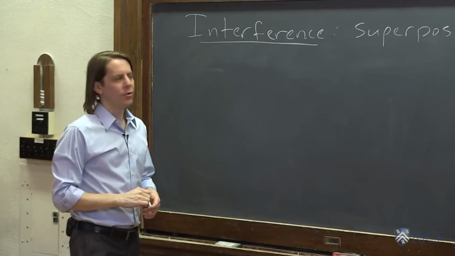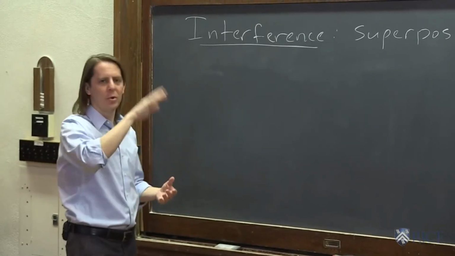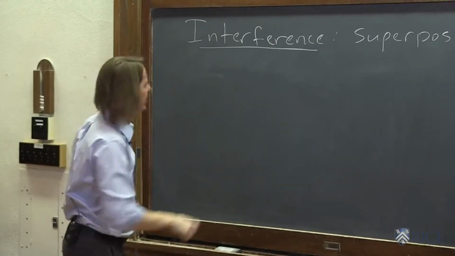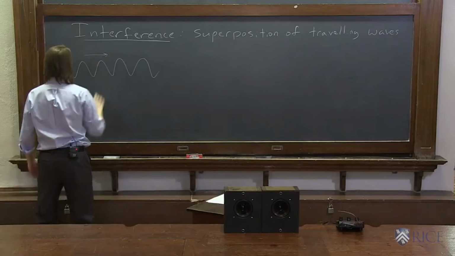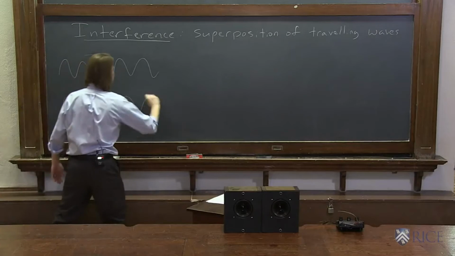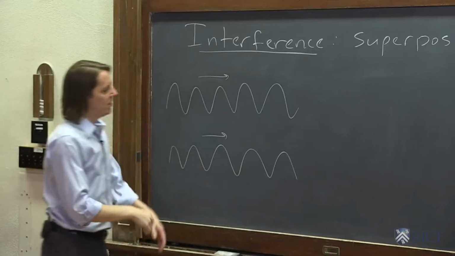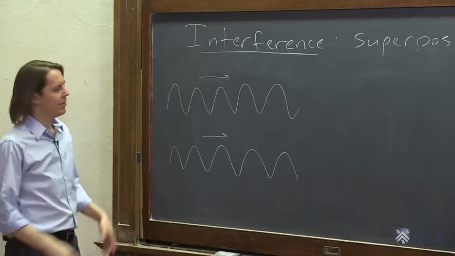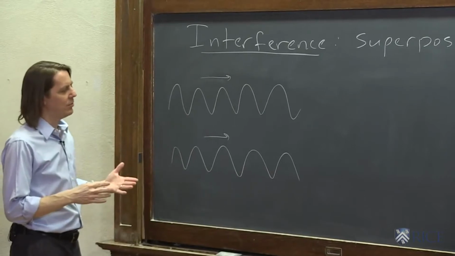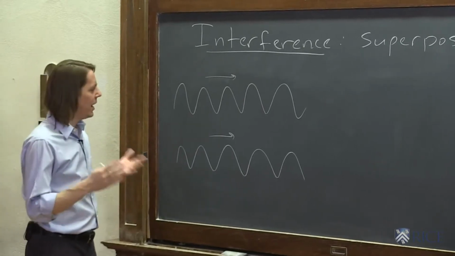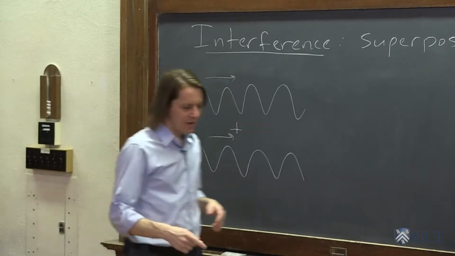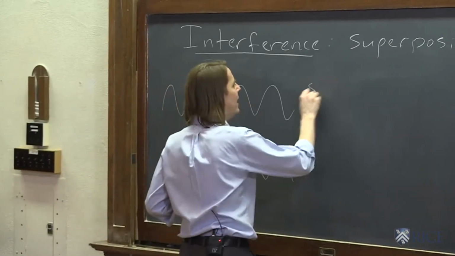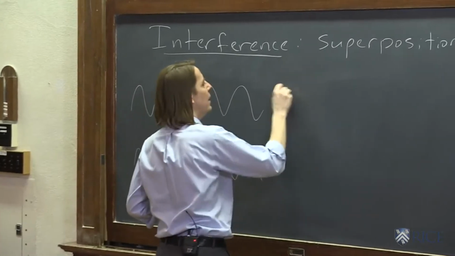So let me draw two traveling waves. By traveling waves, I mean that sinusoidal wave that moves along, right? So say we have one like this, and it's moving, and we have another like this, and it's moving. Pretend I drew them at the same wavelength. Everything is the same. Two identical waves, both moving to the right. How do we add them? Superposition. You just add the two values. So we add them by superposition,